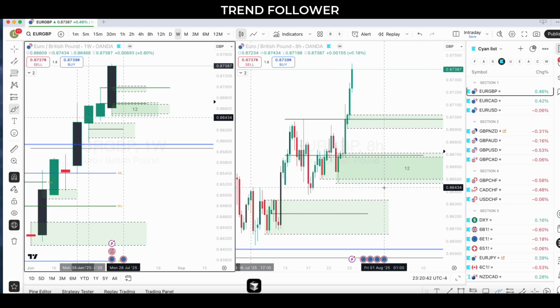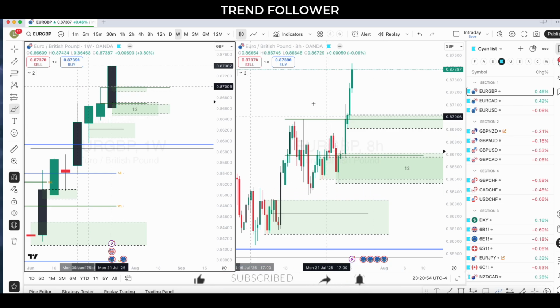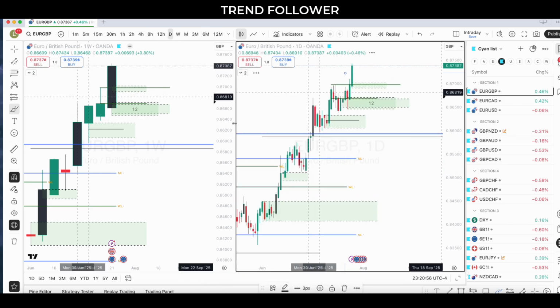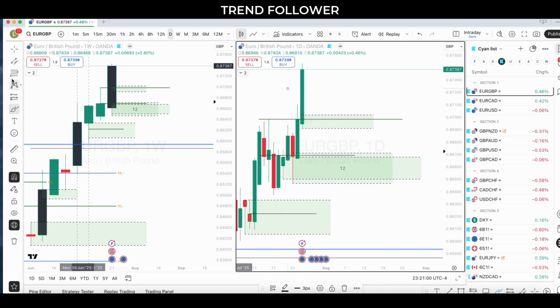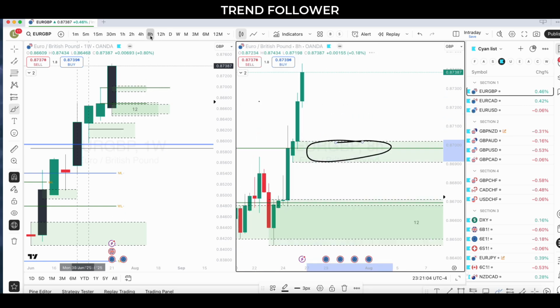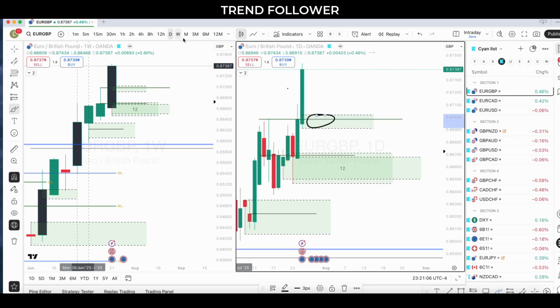Now, you may ask me, why are you focusing so much on Euro USD or Euro names? And I believe Euro is very strong, right? So I would like to get a piece of this momentum. With that said, I think Euro GBP is your best bet. So let's move back to daily. Euro GBP has two areas which I am damn interested in, three I should say. So the first is here, which is 8-hour demand, right? Which I will concentrate on.